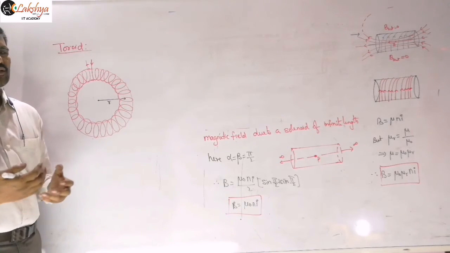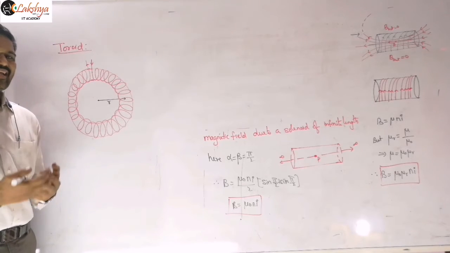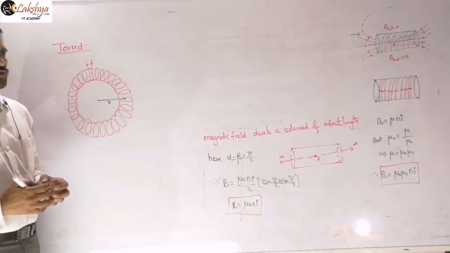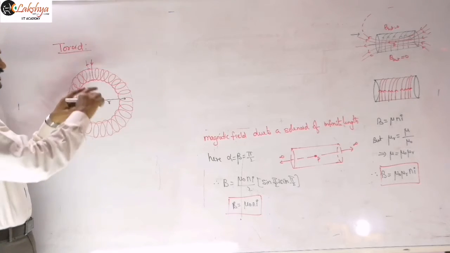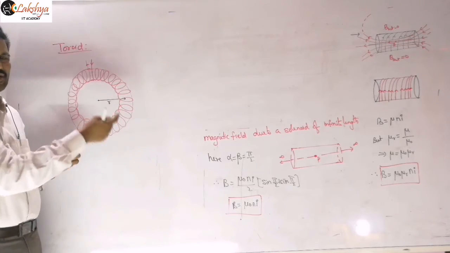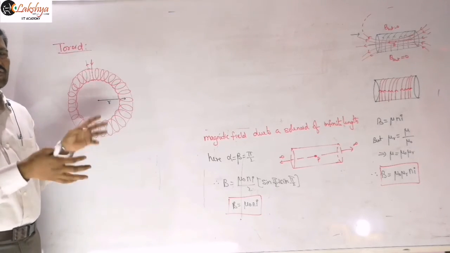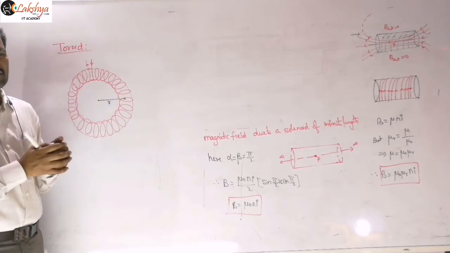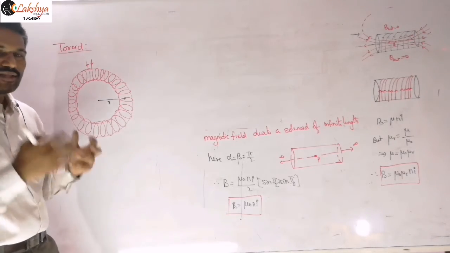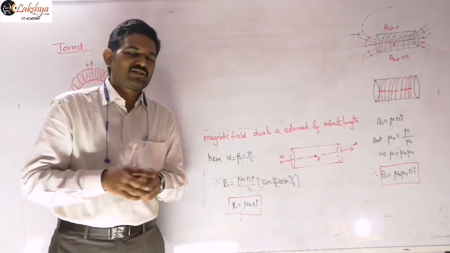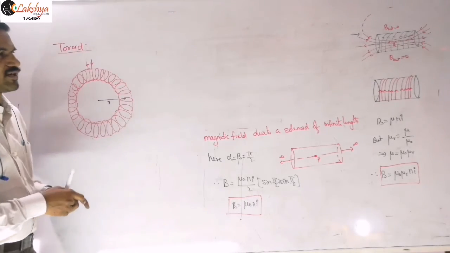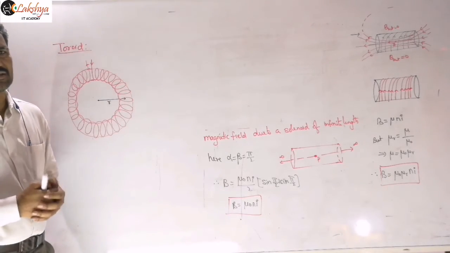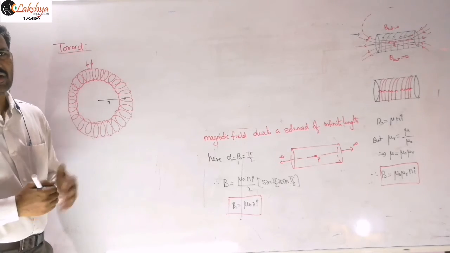That means now we can say that it is an example for an endless magnet. For a magnet, generally, we define the north pole and south pole, right? If you place some core material inside this, like a soft iron material, and current is allowed to pass through it, it will act like a magnet. Now in that magnet you can't define the north and south poles if the two ends are joined like this, right? So we can say it is an example for an endless magnet or poleless magnet.